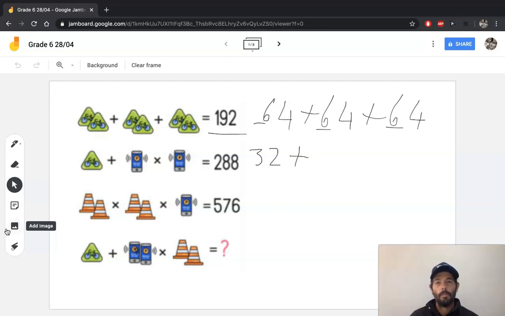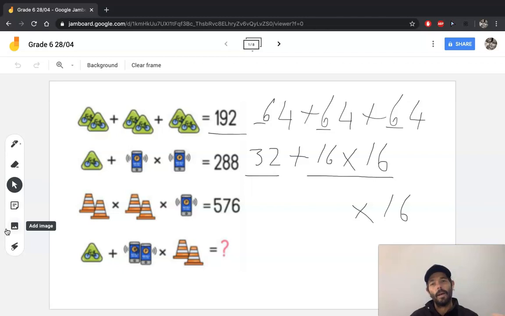So what number multiplied by itself gives me 254? So what is the square root of 254? And that's 16 multiplied by 16. So 16 times 16 is 256, add the 32 is 288, okay. Now I know I need to multiply something by 16, okay. So what multiplied by 16 gives me 576, so then I would have done 576 divided by 16, and let's